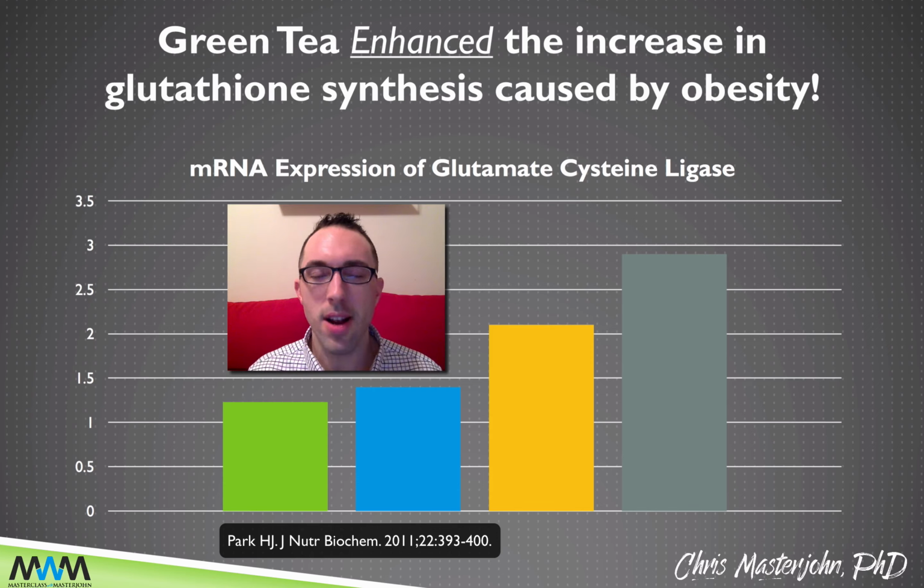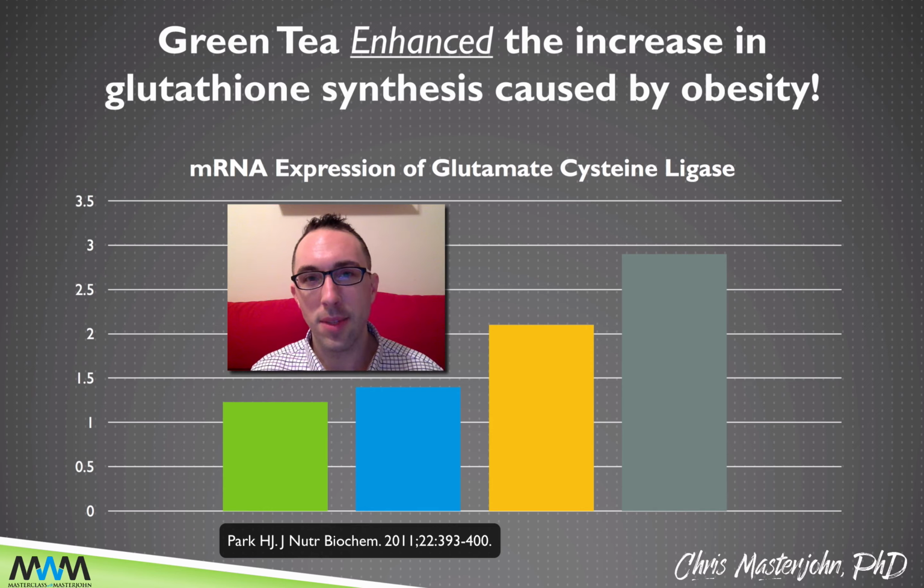Here we break rank with that whole string of observations, and what we see is that there was a small increase in glutathione synthesis caused by genetic obesity, and that was massively enhanced by the green tea extract. So, obesity and leptin deficiency in the genetically leptin deficient animals is leading to oxidative stress that's upregulating glutathione synthesis, but not enough to compensate for all the stress on the livers.